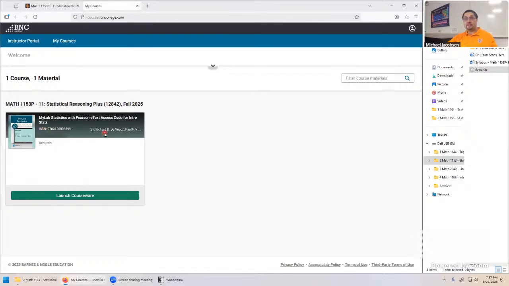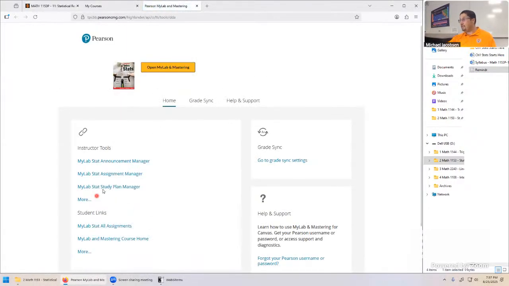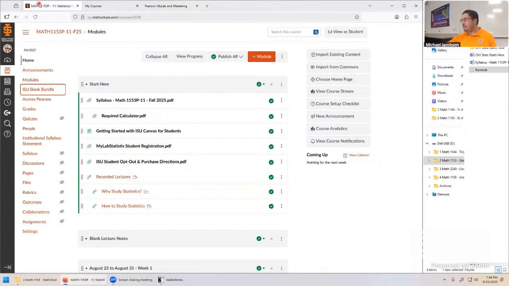This is our textbook. Here it looks like a hard copy, but this exact hard copy has been duplicated as a digital version. What you want to do next is just click on Launch Courseware. This is where it gets a little bit confusing for me because I don't have an exact view of what it could look like on your end. For you, there might be a link right here that says, click to get registered and that kind of thing. They wouldn't have anything along those lines so far? Yeah. Your account. Gotcha. So you'd want to click on link your accounts on there.